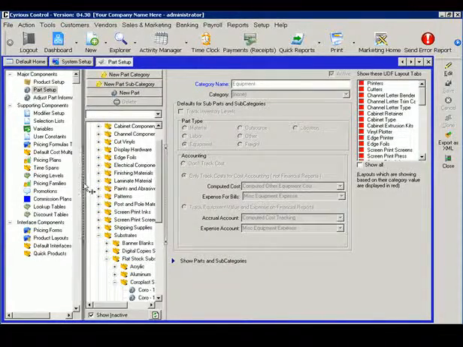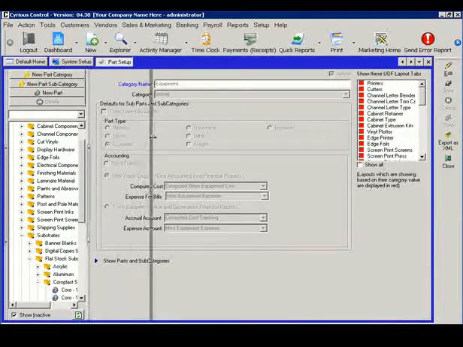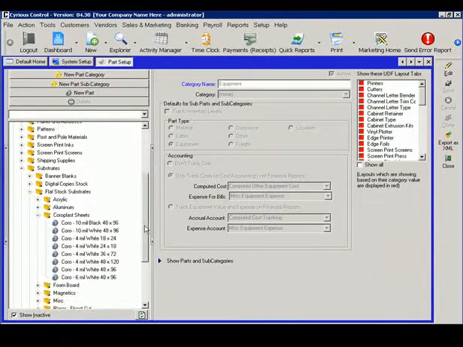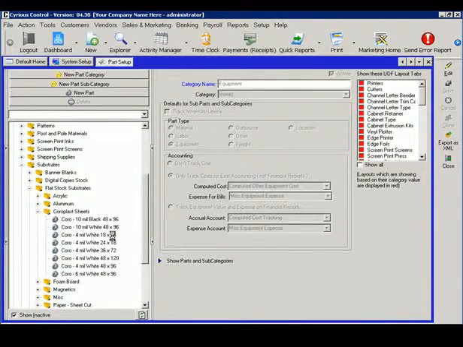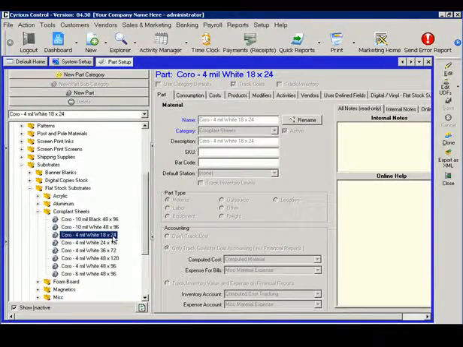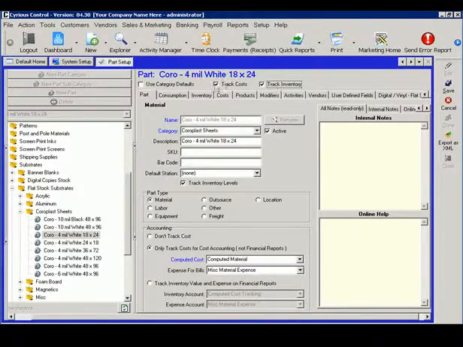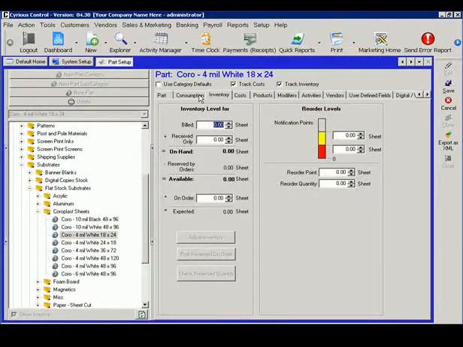Let me collapse this first column and open up the second one. Okay, looks like it's not currently tracking inventory, so I'm going to click my edit button on the action toolbar, check the option to track inventory, and in most cases I will fill out what I currently have in inventory, but for now I'm going to leave those values as 0,